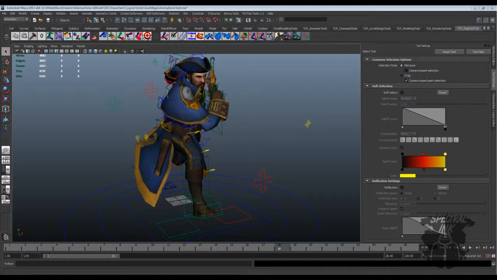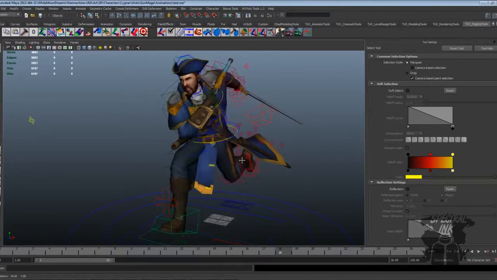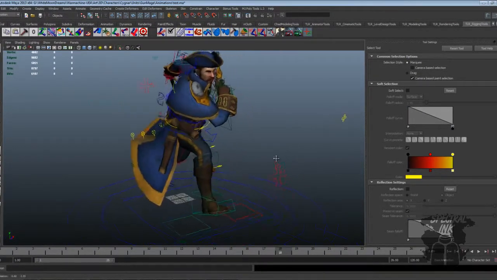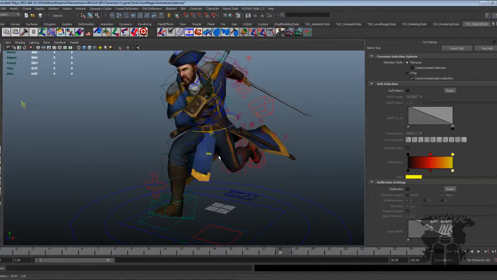Actually, scratch that. Today, we're not taking you behind the scenes of the making of our first independent CGI production, The Last Rite. Today, we're taking you behind the scenes of Whitemoon Dreams' War Machine Tactics. Our friends over at Whitemoon Dreams have been kind enough to allow us the use of their assets for purposes of tutorials and demonstrations. And so today, we're going to deal with a problem that I am volunteering to help them out with. So they were having some minor exporter issues, and I was helping them with their script when